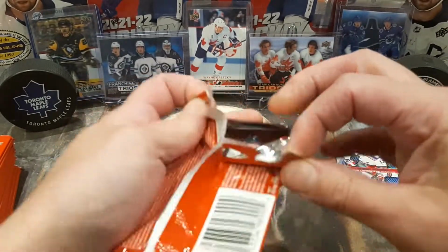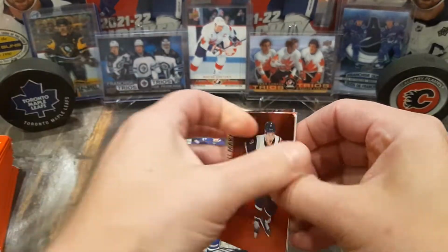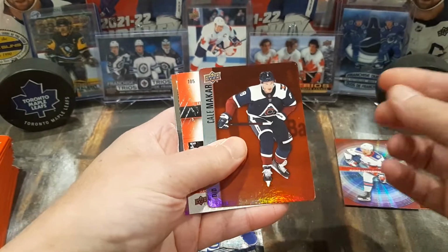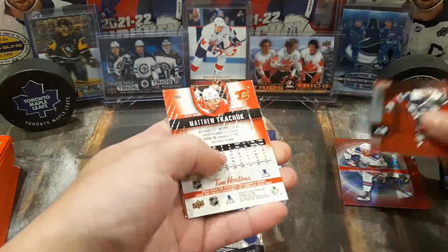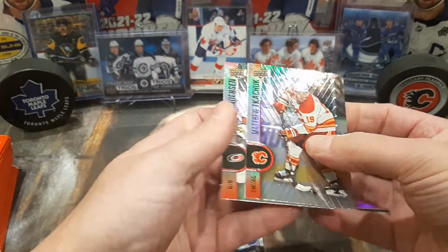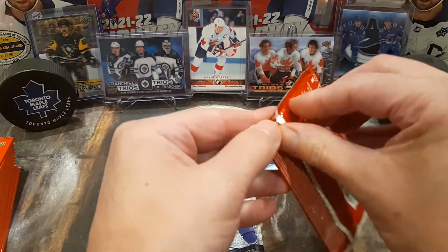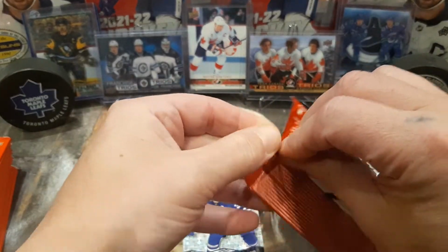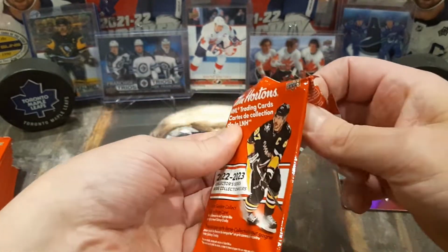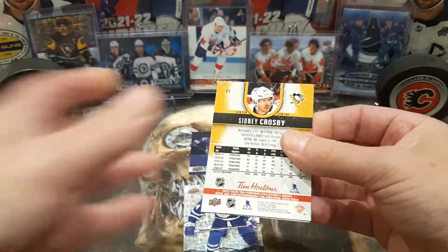Everyone in any Canadian city will be hunting these ones. They will sell out fast. So if you haven't gotten to your local Tim Hortons, get there now, because once they're gone, they're gone, and they are not coming back until next year. From what I've seen on, I believe it's CanadianHockeyCards.com, they're speculating that there's going to be a second set, which could be a legend set, so you might see some